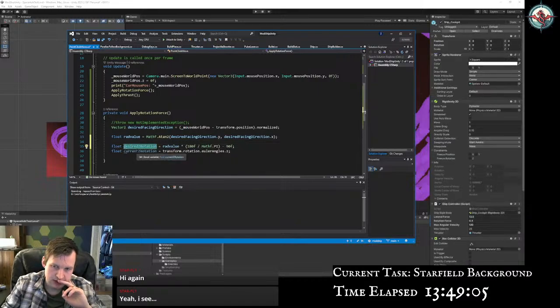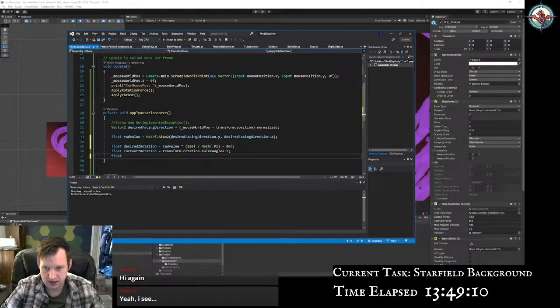So we know which z rotation we want. We know what z rotation we currently have. And then the other value we want to get is